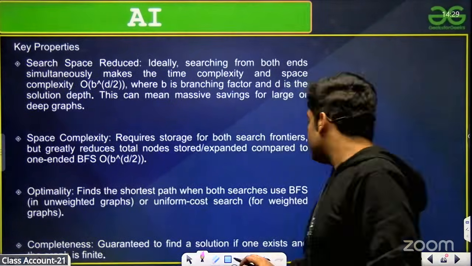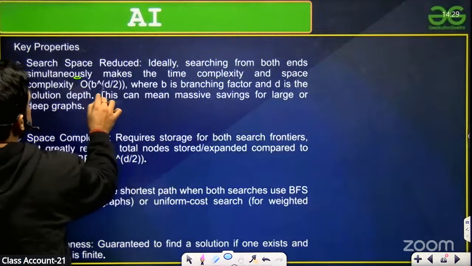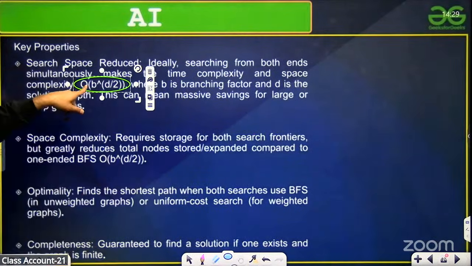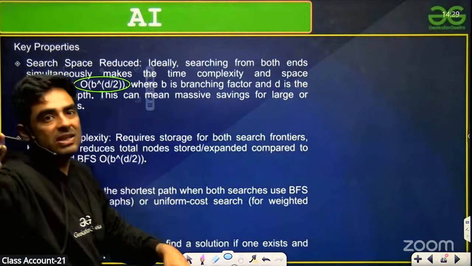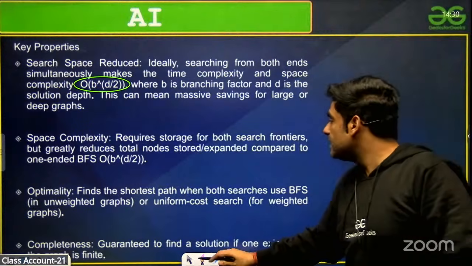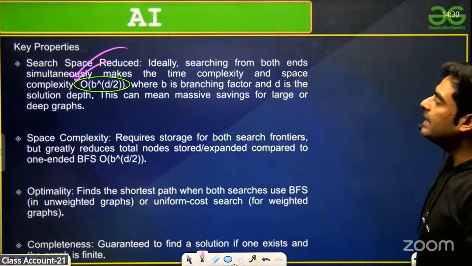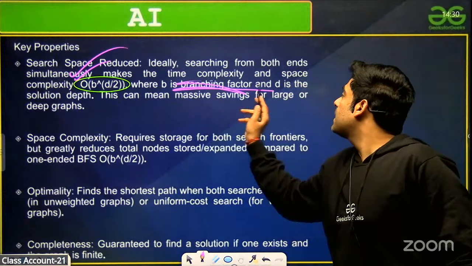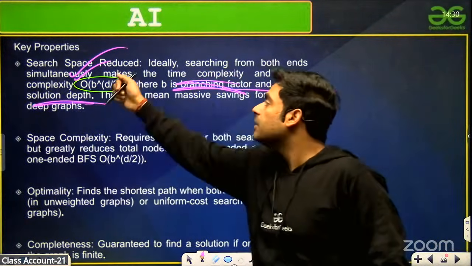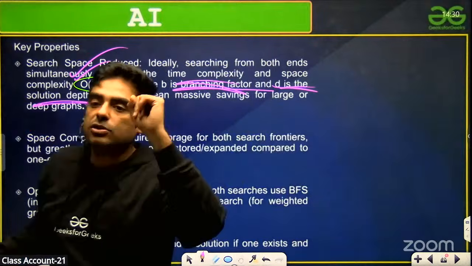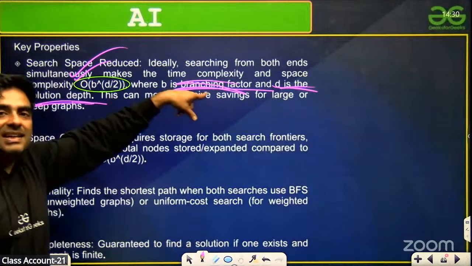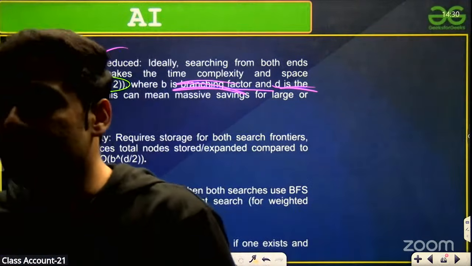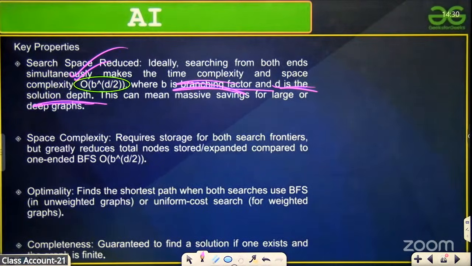Okay, and the biggest advantage is the space complexity, that is of the order of b to the power d by 2. Guys, please take out your formula sheet, and guys please write this. That is of the order of b to the power d by 2, where b is the branching factor। ठीक है, b क्या हो गया, ब्रांचिंग फैक्टर, और d क्या हो जाएगा, सॉल्यूशन डेप्थ। तो इसी चीज के लिए हमने बायडायरेक्शनल सर्च को बनाया है, जिससे कि स्पेस कॉम्प्लेक्सिटी हाफ हो जाए।